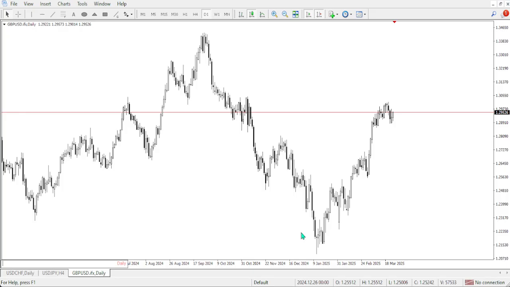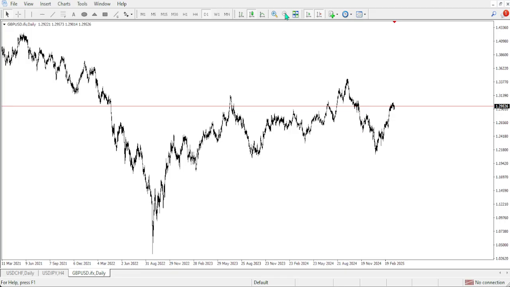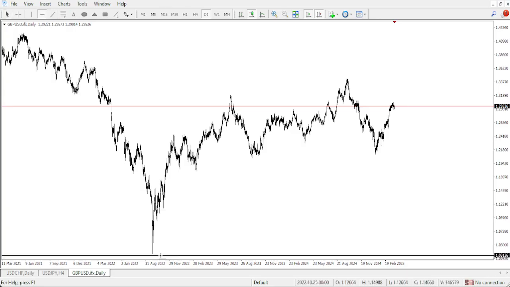So, guys, on today's episode, I'm going to be analyzing GBPUSD for you. I'll show you how to approach the market when it comes to GBP. I always start on the higher time frame. The reason why I start on the higher time frame is for me to find the direction of where the market is going. So, looking at this market, it came from this lowest point